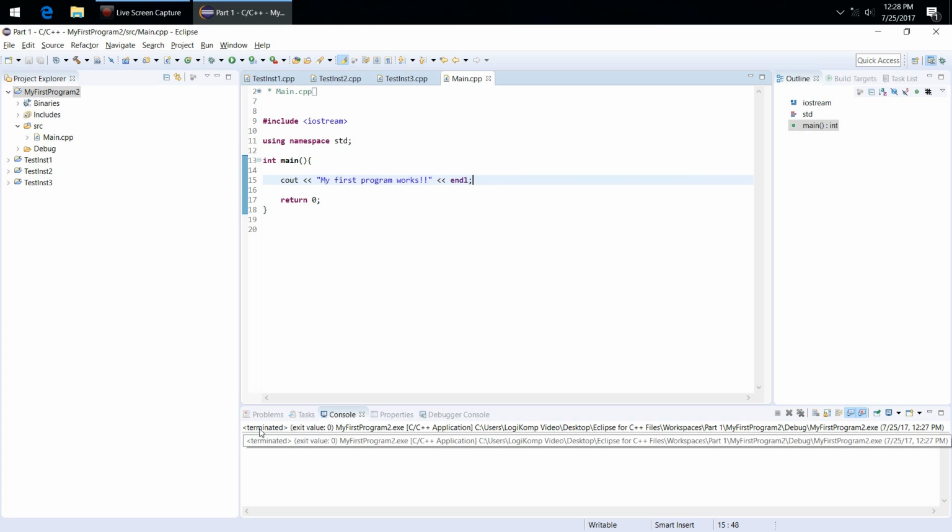And down here, it did terminate, exit value 0. My first program works. So that's excellent. And if you remember from the